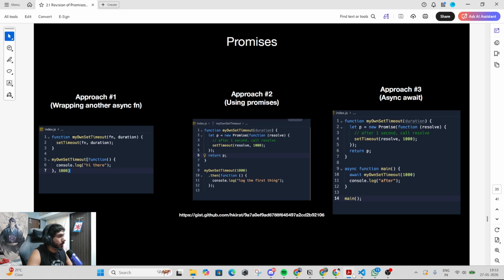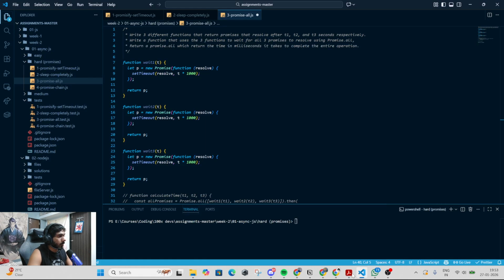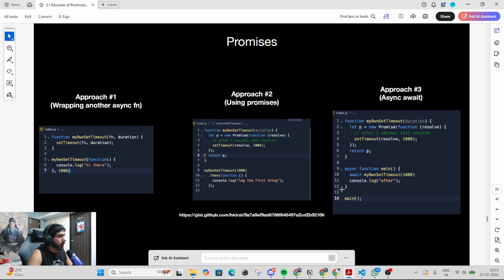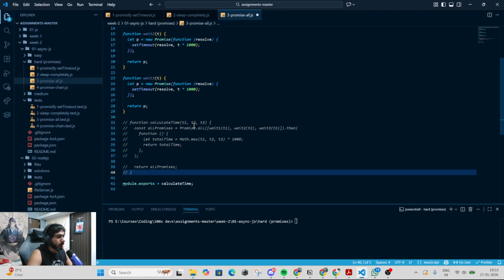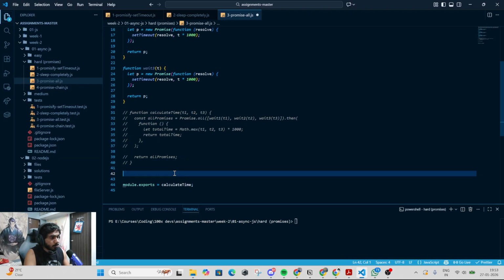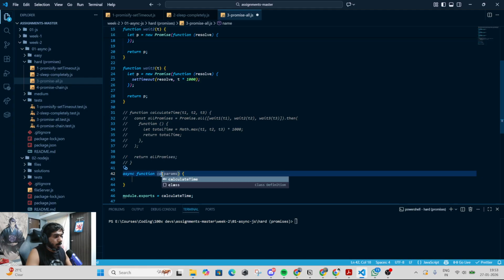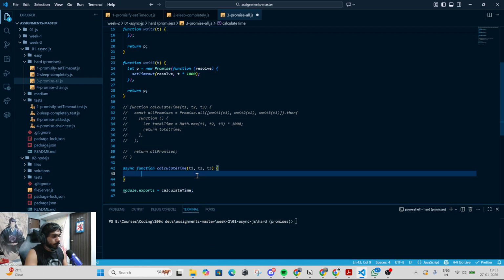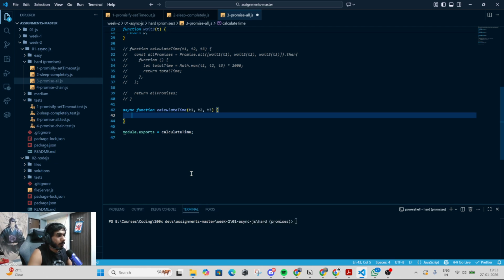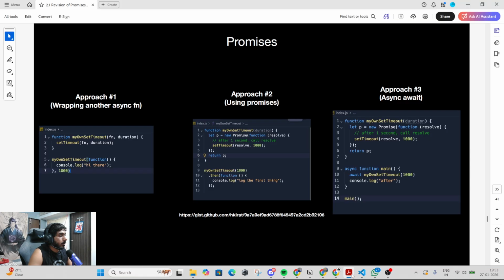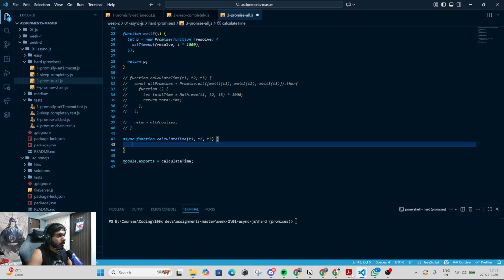Let p be a new promise, function resolve, setTimeout resolve, and return. Yeah, the only thing we need is this function. So let me rewrite it as an async function. Name is calculate time. Parameters are t1, t2, and t3. Okay. So we can await for